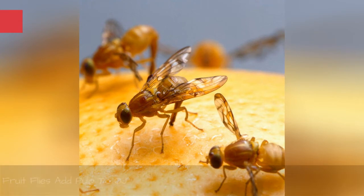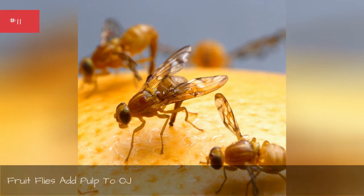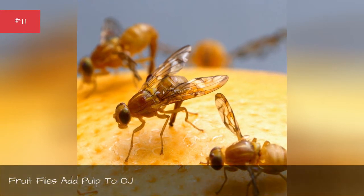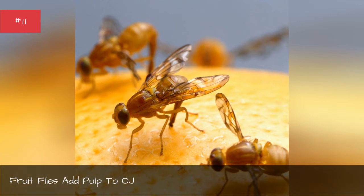Fruit flies that pulp to a chain. Ever notice how, the minute fruit starts to overripen, a swarming cloud of Drosophila fruit flies seems to descend, almost magically, from the heavens? Well, obviously large producers of canned citrus juice aren't immune to this phenomenon, because the FDA